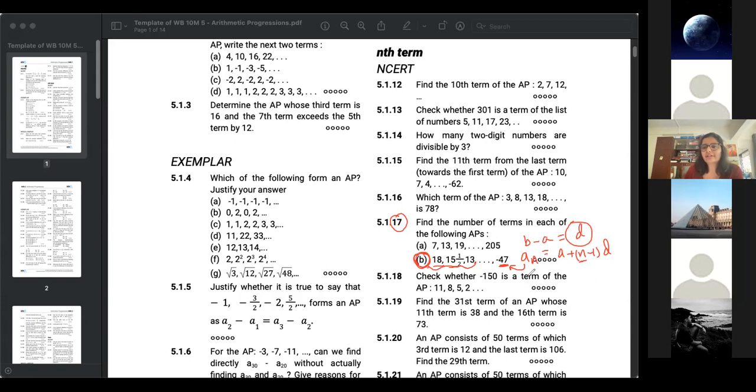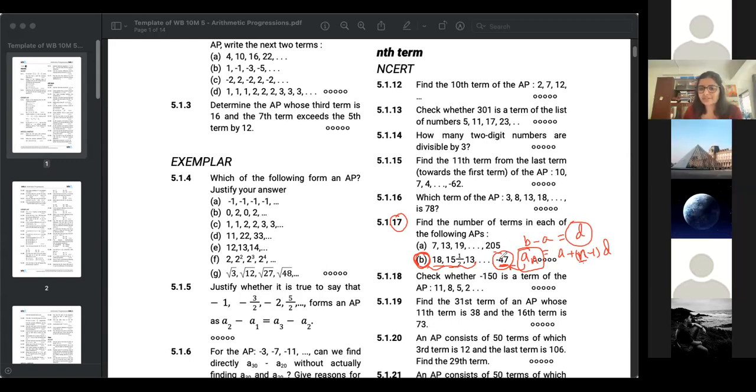Yes. So the funda is AN is giving you the nth term. So अगर तीन ही terms है, मतलब third term आएगा. So यहाँ पे n terms है and nth term is minus 47. So indirectly n is going to give you how many terms are there. Because if there are like 10 terms, then 10th one is 47. If there are like 12 terms, 12th one is 47. Okay, but yeah, you use the formula and find out from this. Okay. 3-4 of you have sent the answer. Everybody like calculate it, send the final answer, and then we'll move on to the next question.